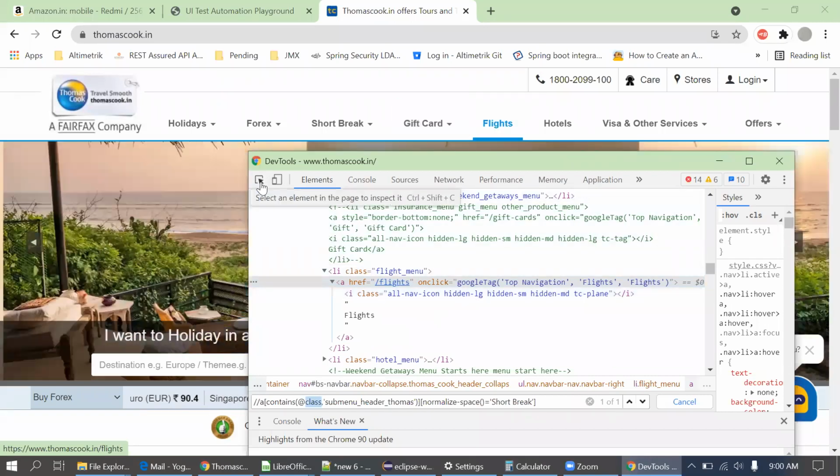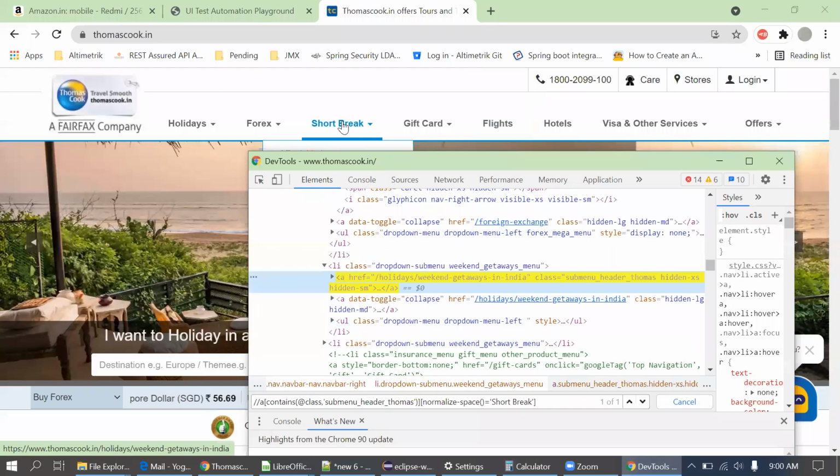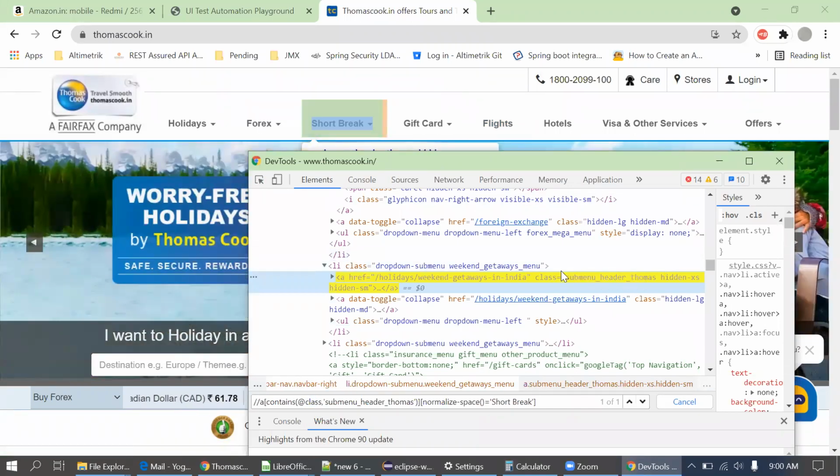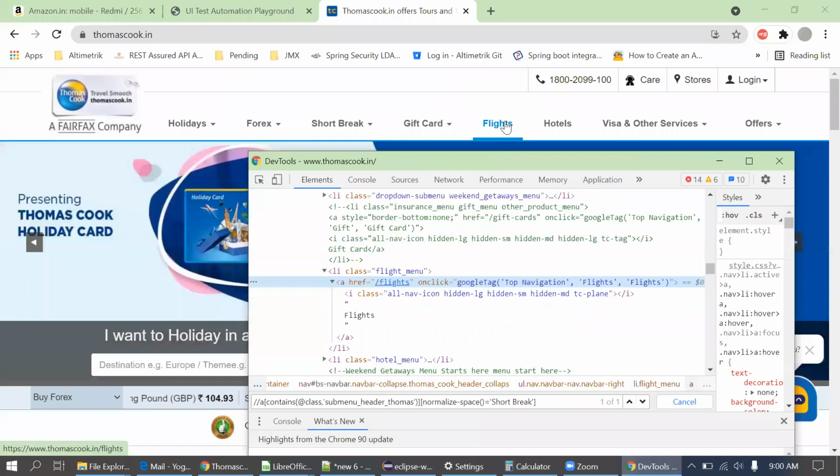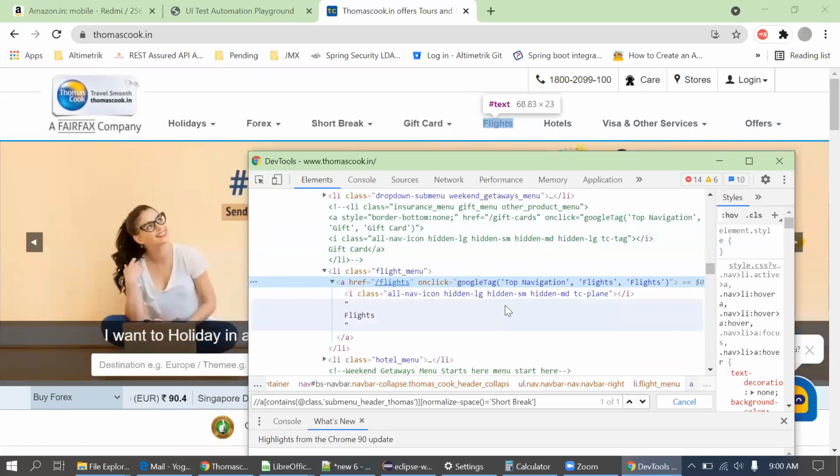I'll just see the difference in the class name here. We can see submenu-header-item. This is present here, which has a submenu, but for this there is no submenu. So we are not seeing that class name here. That is missing.